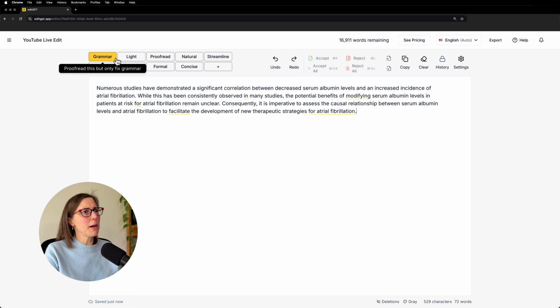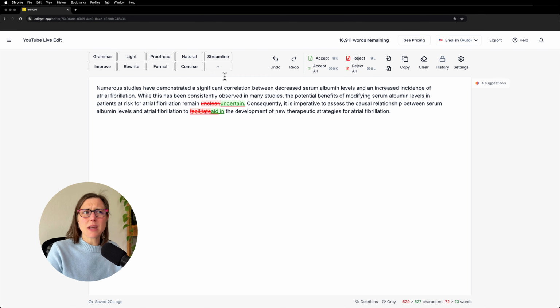Okay, so one change is to change unclear to uncertain. So personally, I don't think that is really helpful. The meaning of unclear versus uncertain is quite different. Unclear means you might know something, but it's just not really clear what's happening, whereas uncertain does indicate that something is not for sure, but the meaning is just a little bit different. So I don't know that I would go with that change, but that was interesting.